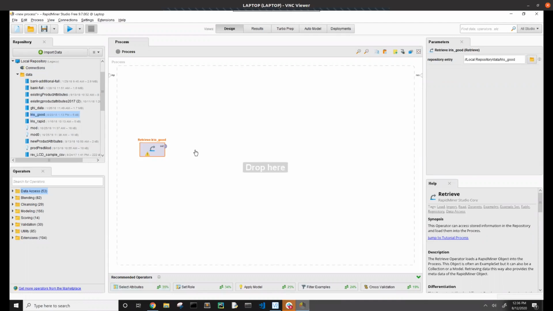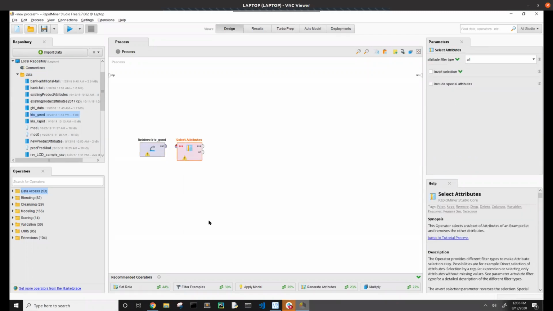If I bring select attributes in and I select that particular operator, you see it has a different set of parameters. So for those of you that are going through the UT program, this is not the exact same thing as hyperparameters that you would be tuning of a model, but this is where it would show up, okay? So right now they're just calling parameters the options that go along with these operators. Remember, you're not using any code, so you can't just say select attributes. You've got to